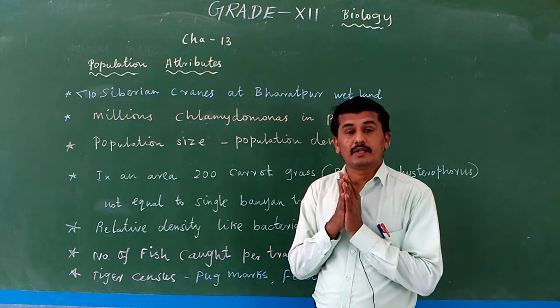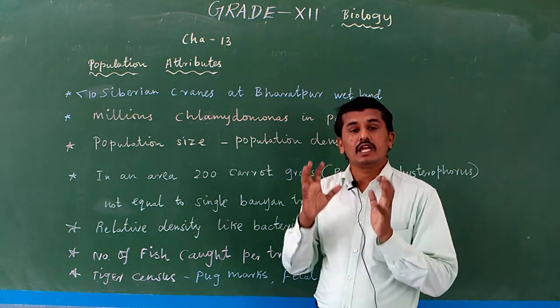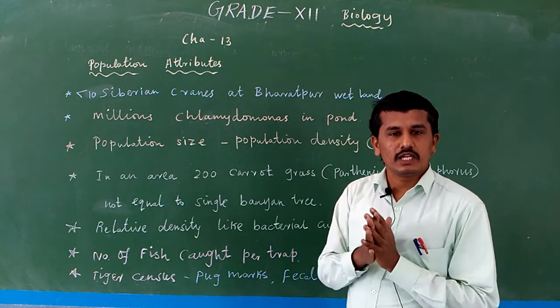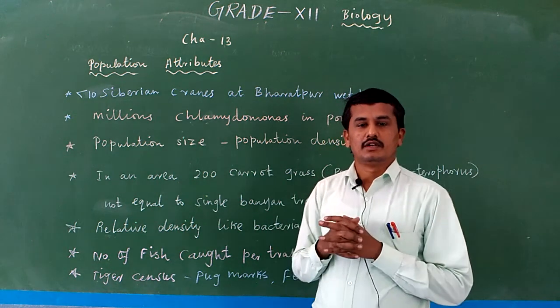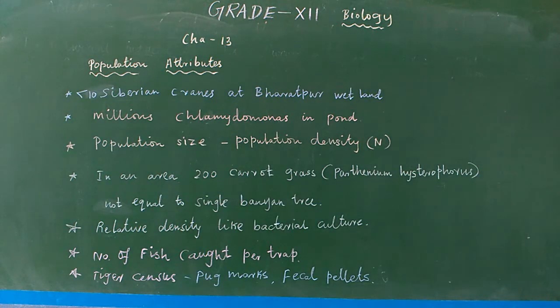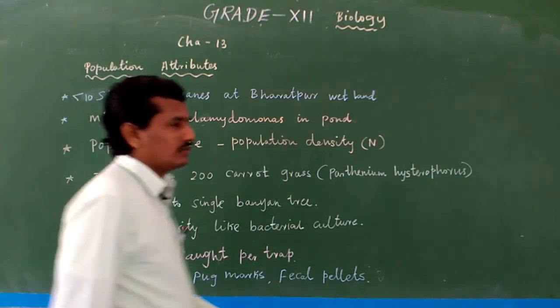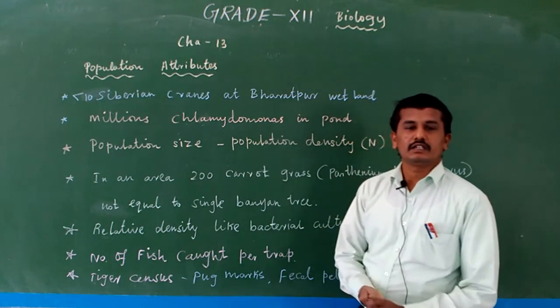What is meant by population? In the earlier class we studied the number of individuals in a species. A group of individuals in a particular species is known as a population. Okay. Next, counting the number of a population is in some cases difficult as compared to counting the